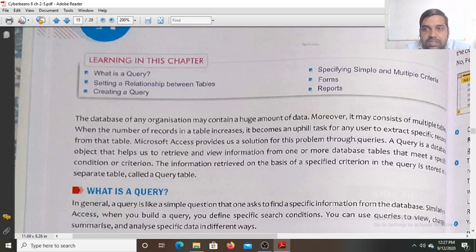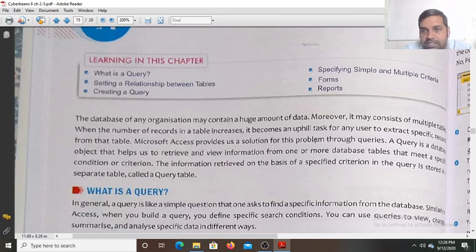Suppose there is a database of a university, and suppose 10,000 students are studying in the university. You want the information of all those students who are the gold medalists of this year in every field. Suppose there are 15 departments in the university, and from each department there is one gold medalist.